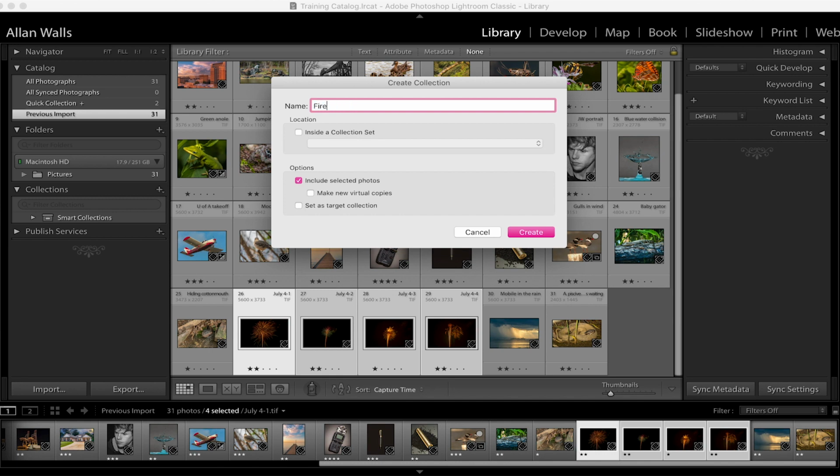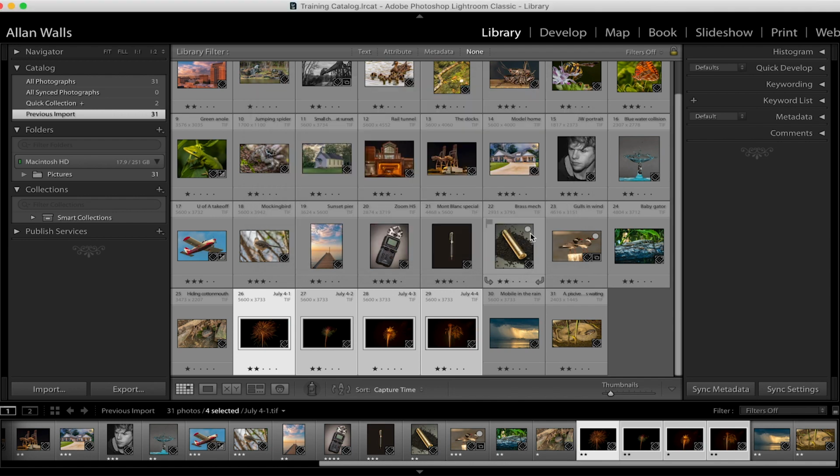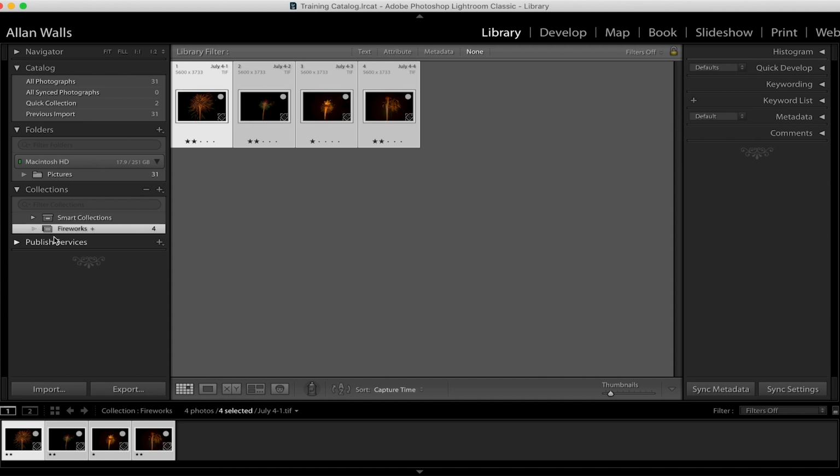I could name it Fireworks, seems like a reasonable name. We're not going to put it in a collection set because we haven't made one yet. And we're going to include the selected photographs. If I put set as target collection, well, I'll do that actually. That'll be helpful. And then create. Now, if you look in the collections, you'll see that we have created a new collection called Fireworks, and